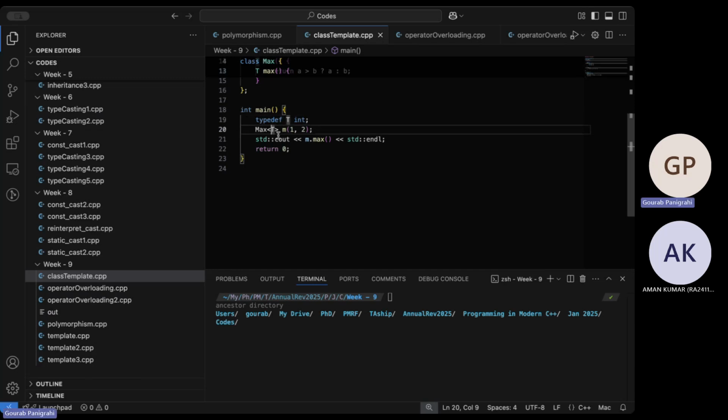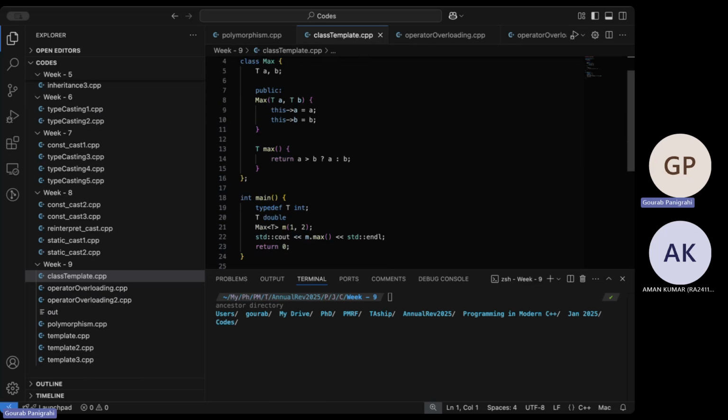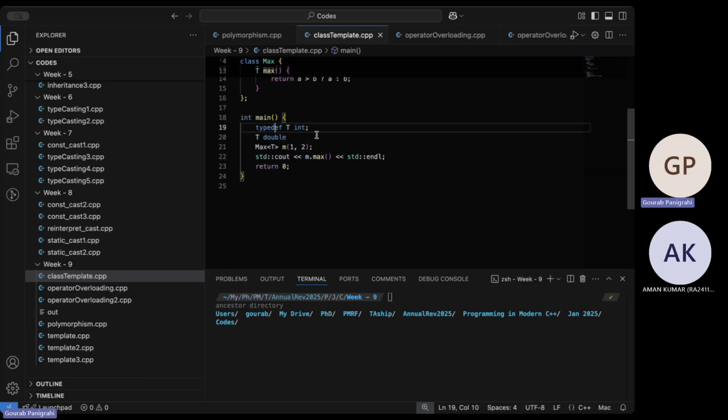And I'm passing that to T here. Say, for example, this T was able to change to double later on. I'll comment these lines later just to show an example. Here should be integer. So let's leave it there.